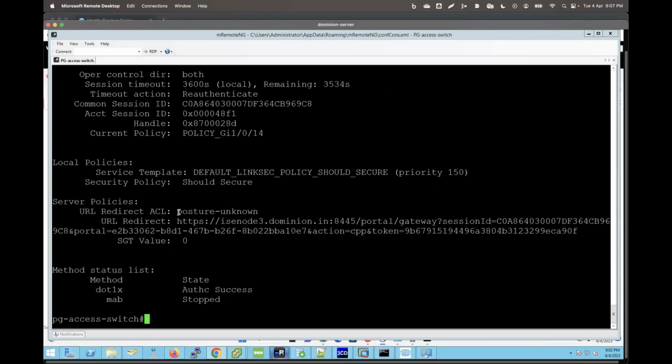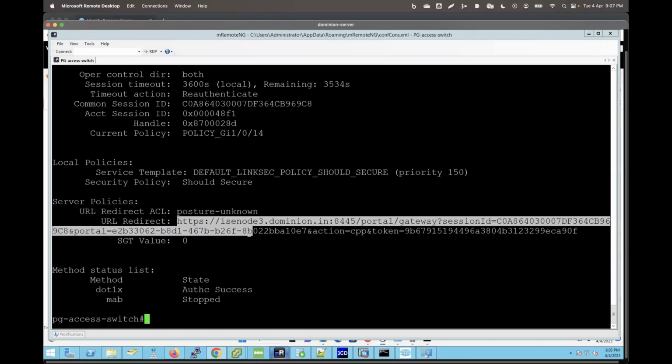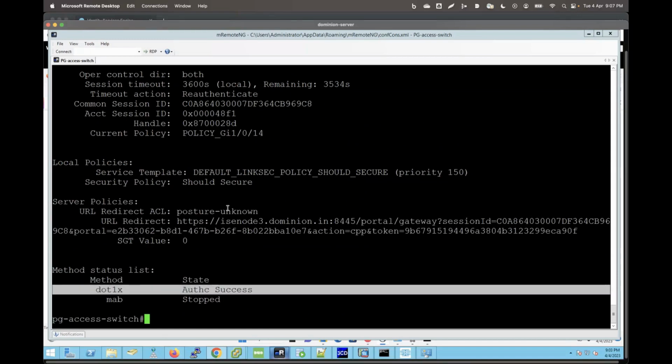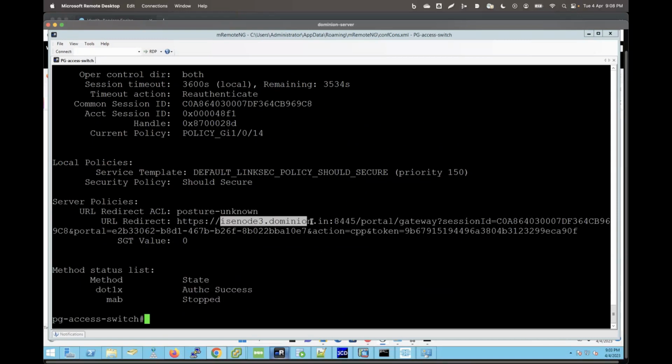If you look at it, the ACL that was enforced onto it is posture unknown. It's getting redirected to a URL and an SGT of an unknown value got associated to it. The .1x authentication was successful on this endpoint. Now, despite having this posture unknown ACL and URL redirect, the AnyConnect was not able to contact ISE Node 3. Now, I want you to focus on the FQDN. I want you to focus on the port number. Let's look at the ACL too. Show IP access list,